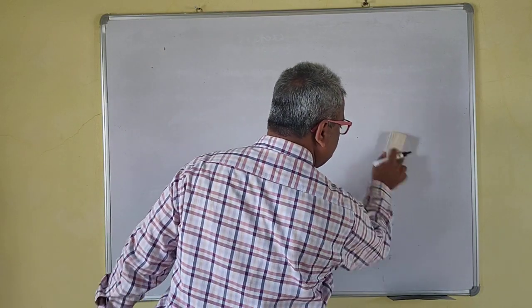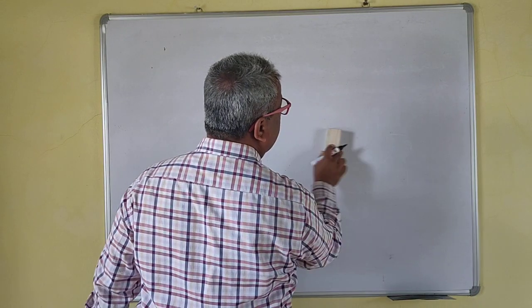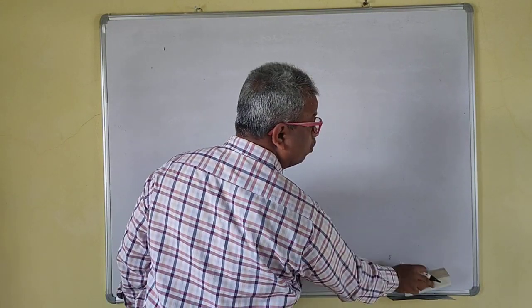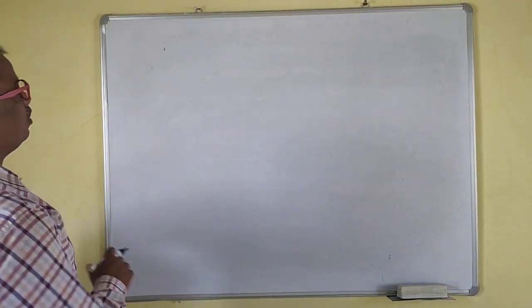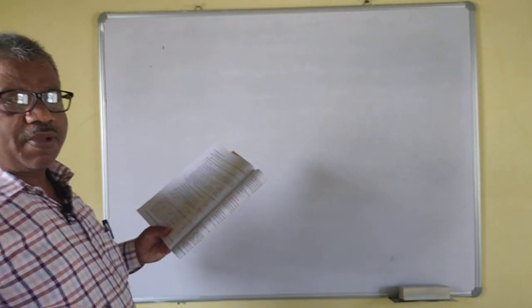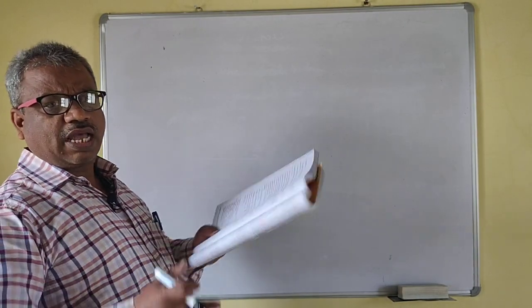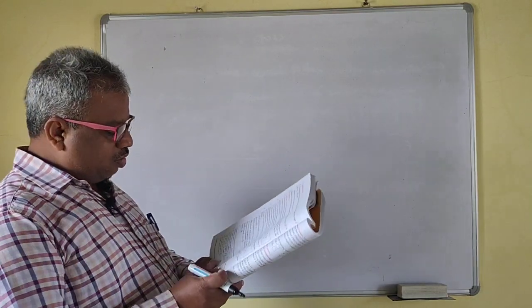So in the next part we will see how to prove that the vectors are collinear, how we can judge whether the vectors are collinear or not. In the second part we will see that. Now we will see only the definition. Try to understand the definition. What do we mean by collinear vectors? If the vectors are parallel, or they lie on the same line, or they are parallel to a particular line, then the vectors are collinear vectors.